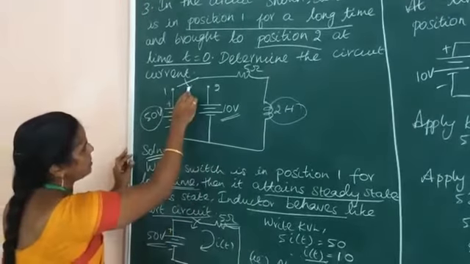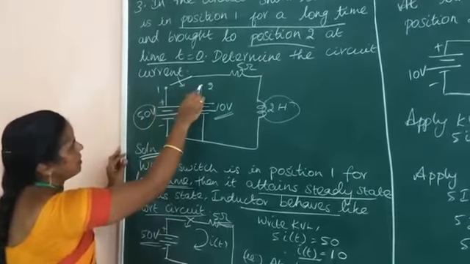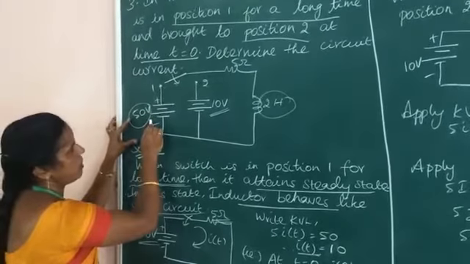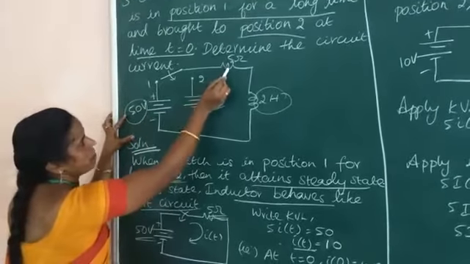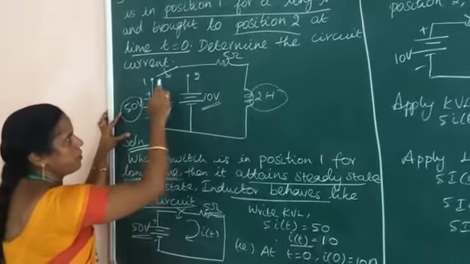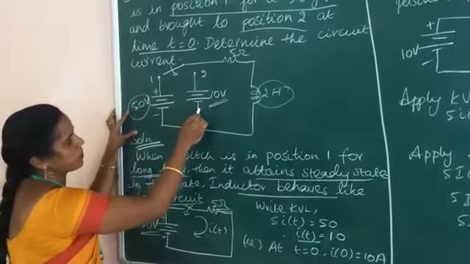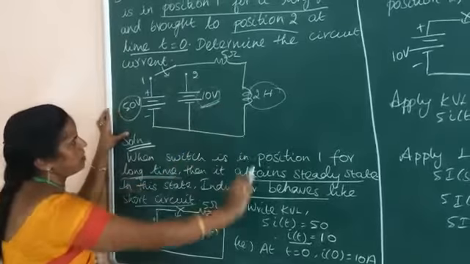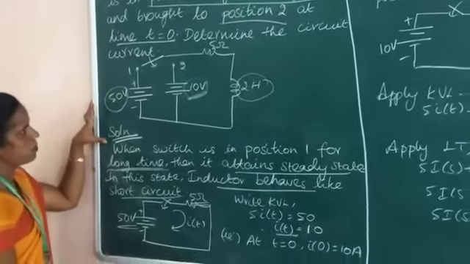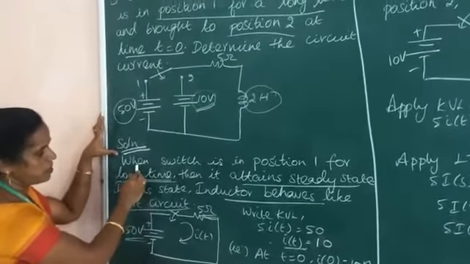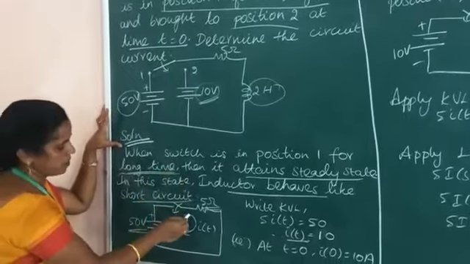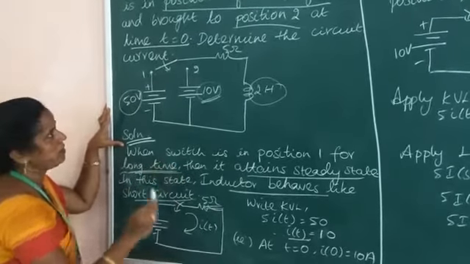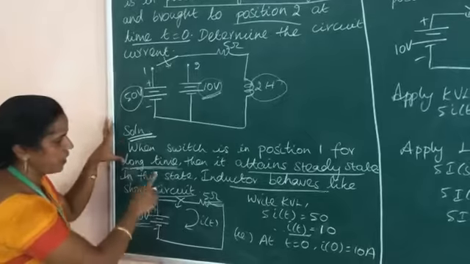You see the problem, what is given in the figure? You have a switch, and it is having two states. If it is connected in one position, a 50 volt battery is going to be connected in series with the given RL circuit, or if it is connected in the second position, this 10 volt source is connected in series with the RL circuit. So first case, we have to draw the simple circuit when the switch is in position 1.